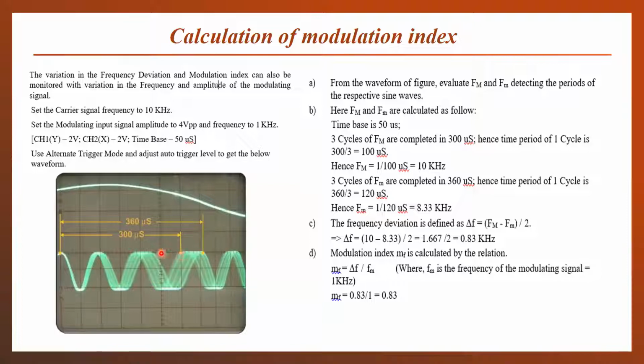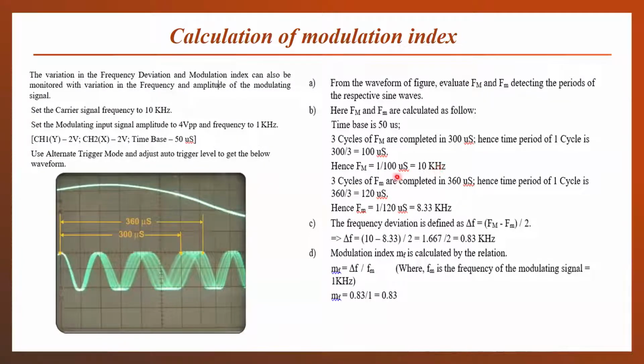Then one calibration, for one cycle, has been calibrated up to 50 microsecond for this one block, and one cycle is of 2 blocks. So up to 6 blocks we can calculate this time will be 300 microsecond, whereas for this last time period, one extra block plus 1 point is covered. This is the measured values. You can easily observe on the CRO. We get 300 microsecond and 316 microsecond as the time period of the 3 cycles.